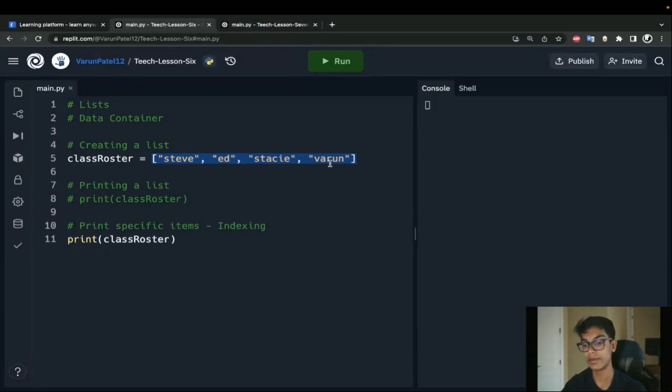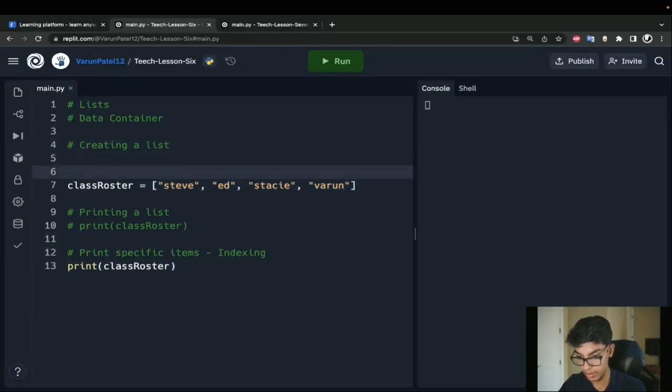Each of these items has their own index, their own sort of address. So let me actually come here, and I'm going to put the indexes, and you'll be able to see Steve has an index of 0, Ed has an index of 1, Stacy has an index of 2, and Varun has an index of 3.